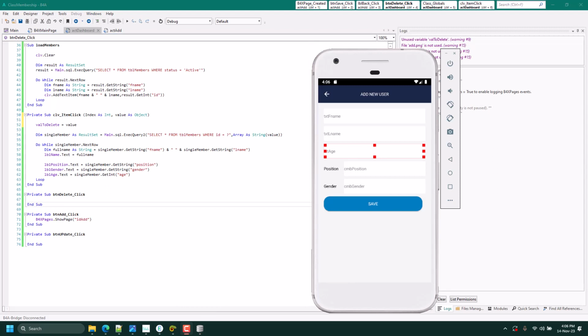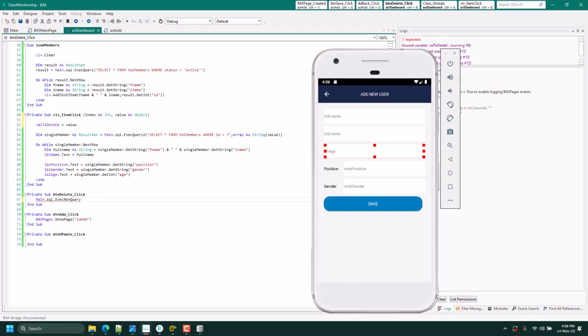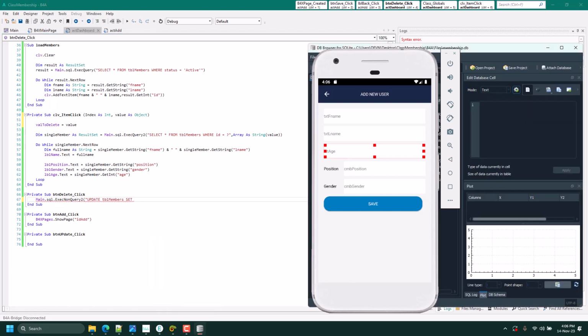Okay, so let's write a query for delete. So main.sql execute. What to do is update. So update TPL members, set status, I think it's status in the database.